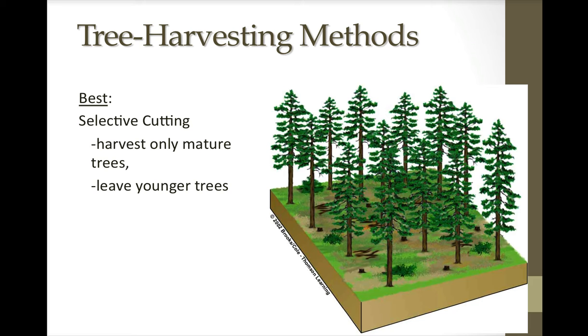That means that they leave all of the younger trees, as much underbrush as possible, and any of the older trees that may be too crooked or too old or too damaged to be used. So selective cutting is the best method because the majority of the forest remains intact and we only remove the trees we need. Now when I say best, I mean best with reference to biodiversity and with preserving the ecosystem